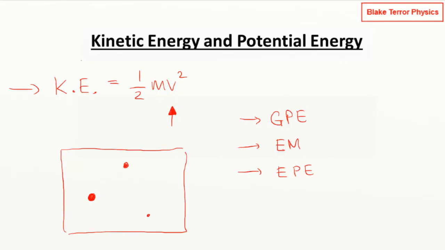We will run into some complications in later topics with this, particularly if we're looking at something like light and electromagnetic radiation, where this kinetic energy, potential energy split isn't quite as clear cut. But we don't have to worry about that at the moment when we're just starting out looking at energy and we're in the realms of classical mechanics as we are at the moment. So this is fine for what we need at the moment.